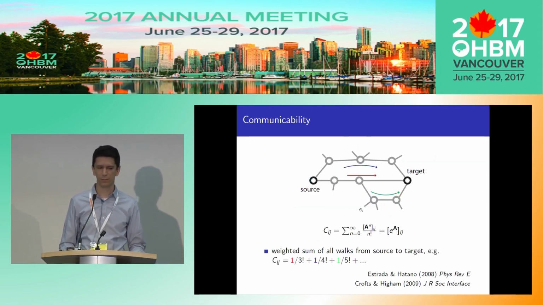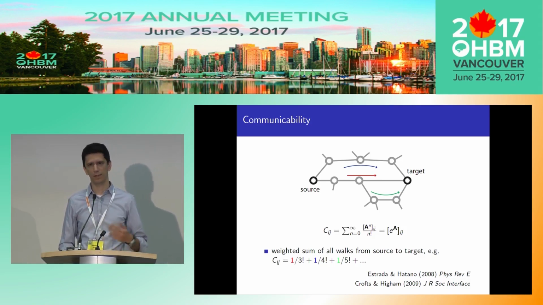A notable example of this framework is the so-called communicability. This is a very popular measure that uses a very specific way to weigh all possible walks between a source and a target. The way that you do it is you count how many walks you have of length n, and you divide that by n factorial. In other words, you penalize longer walks more than you penalize shorter walks. The reason for using this particular weighing scheme, which might appear at first a little bit arbitrary, is that it has this very nice property where you can actually represent the sum as the exponent of the adjacency matrix. And it turns out that